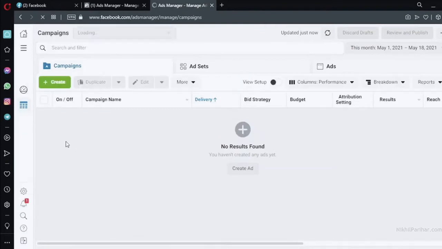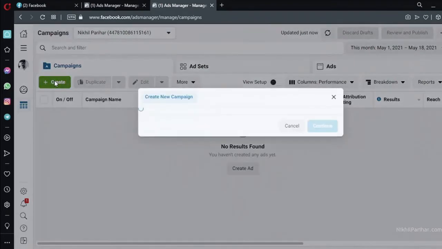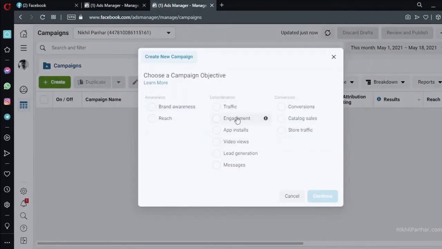Yeah, so once you're in your ads manager account, again, the same thing which we have discussed in our Google Ads also. The ads structure is campaign, ad sets, ads. In Google's case, it was campaign, ad groups, ads. So they are just calling ad groups ad sets. That's all. So same thing. Let's click on create campaign. We want to create the campaign. Oh, yeah. So create campaign, it is going to give me a few objectives here.